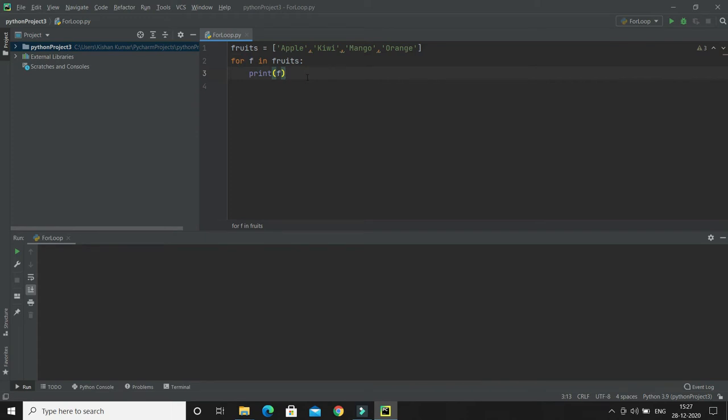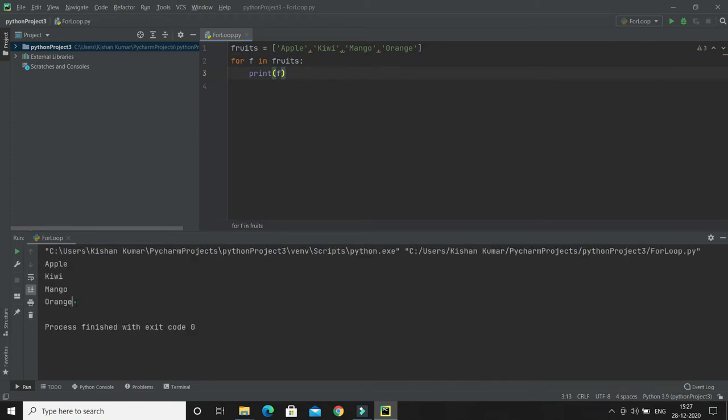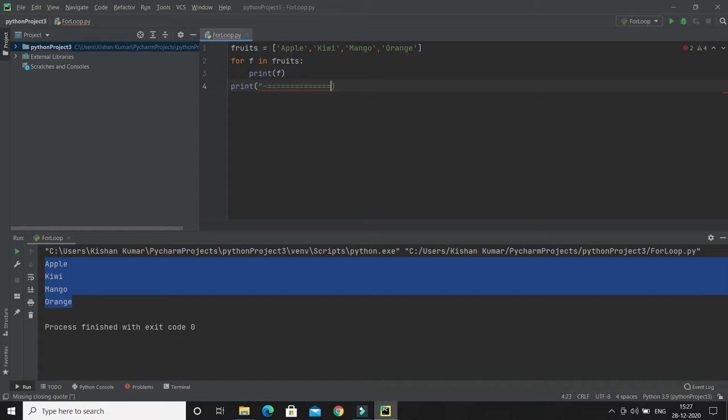Let's see what output we get, and here is the output. We get all the items from this collection. That's got printed over here. If you do some kind of business processing inside the loop, you can do it for every element. That's the first use case. Now let me put some marker over here before going ahead to explore some other concept.